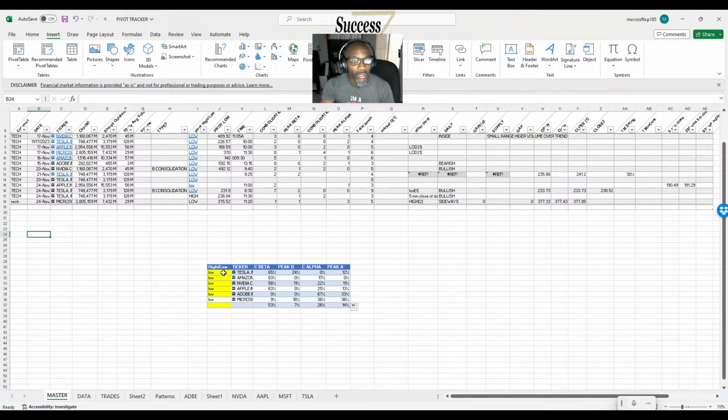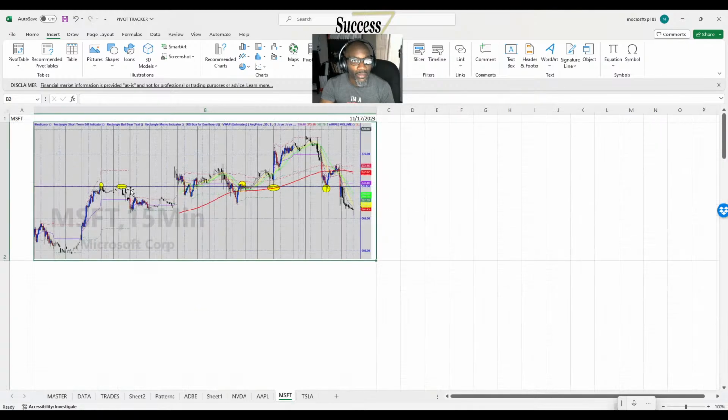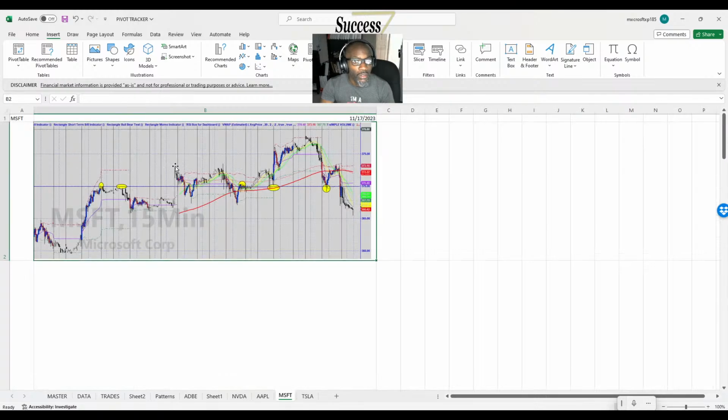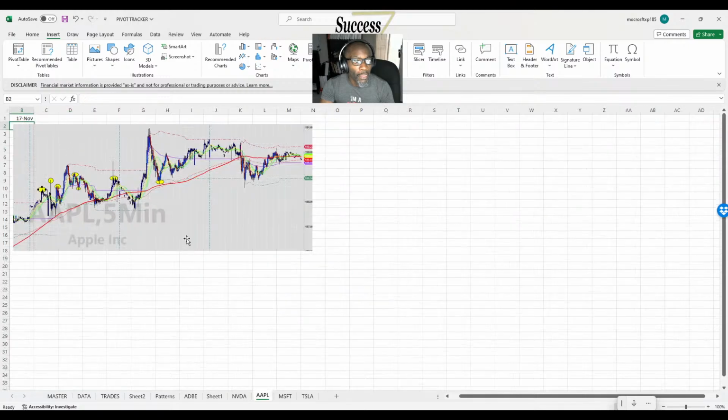I haven't been doing as good about taking the screenshots, but say Amazon here. Amazon had a bounce here, but this would be like a peak beta because it's a significant rejection. This is alpha. This is consolidation alpha, consolidation alpha, consolidation alpha. So Microsoft here can bounce on the consolidation alphas. Let's see what else. That was the same one. Apple. I didn't draw the trend line, but